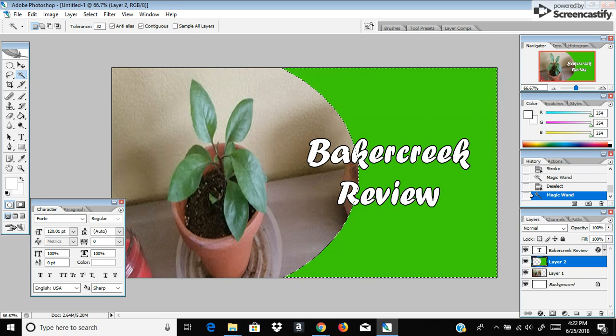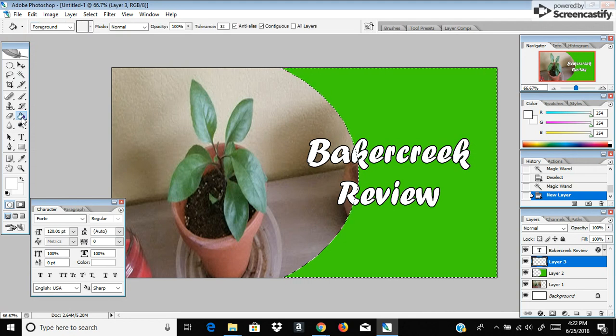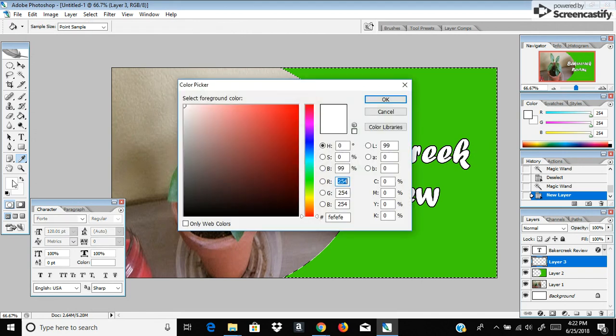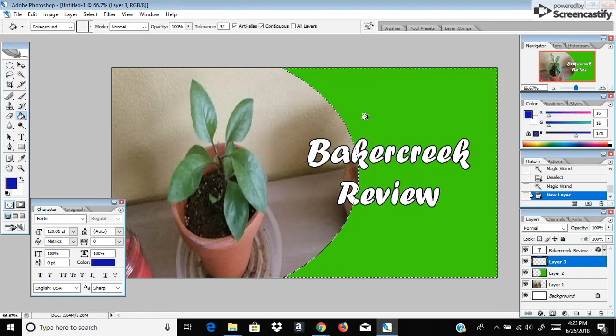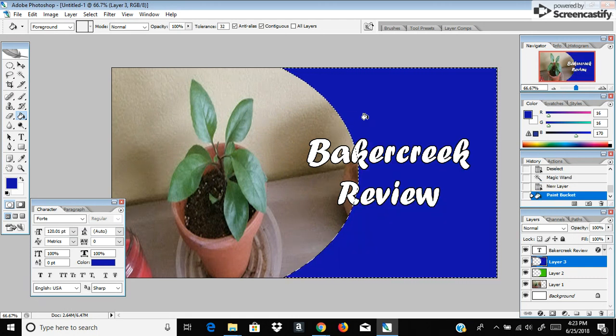And if you don't want to delete the green layer, you can always just create a new one. So I'm going to go back and create a third layer. Go back to my bucket tool. And I'm going to choose a different color. So we'll do, I don't know, we'll do a blue. And then fill in. And then go to Edit. We can do Control D, which deselects the image,